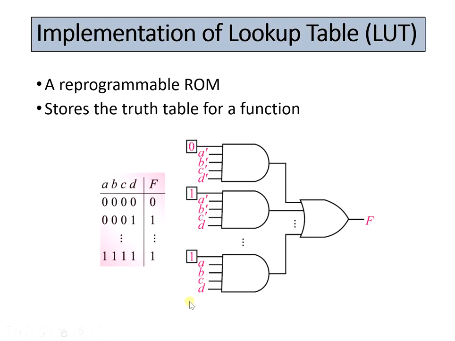A function with only one minterm or with as many as 15 minterms requires a single function generator. That is because, as we have mentioned earlier, a CLB has up to 4 input lines. So 4 input lines means 2 to the power 4, that is 16 combinations of the inputs, can be implemented. So a maximum of 16 can be implemented using a single function generator.